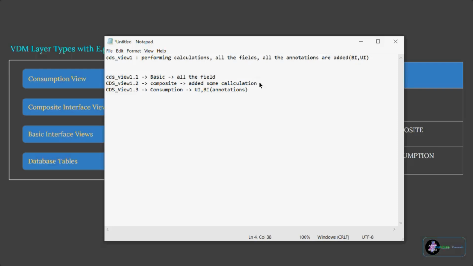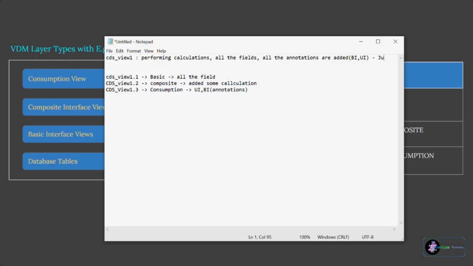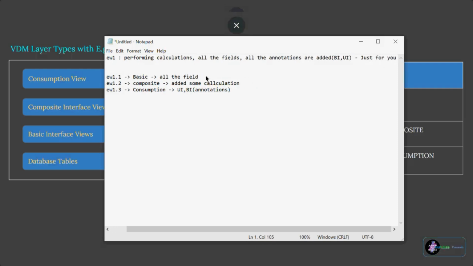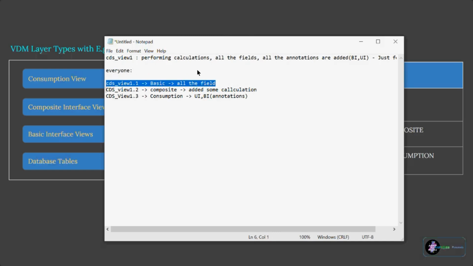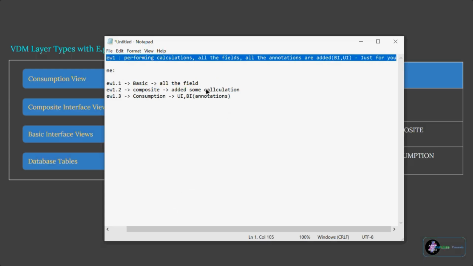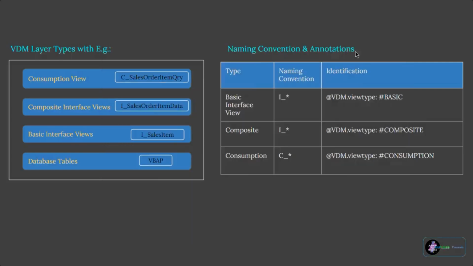If you divide into different layers, it is very flexible for the developer to use whichever part they want instead of keeping everything. So this will be just for you. This will be for everyone. Anyone will see this layer, and whatever the layer it is, it is reusable, they will use. Here if they want specific things, they cannot take it. This is specific to your requirements. So if they have different requirements, they have to do it again from scratch by creating this CDS view. Correct? So hope it makes sense. Why VDM? So S4HANA follows VDM. This is how different layers will be useful for reusability purposes.